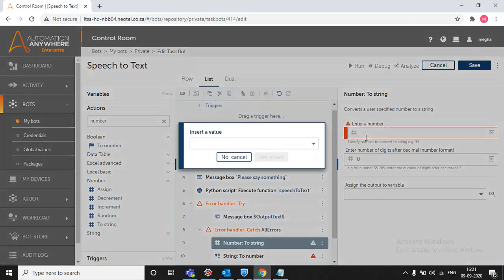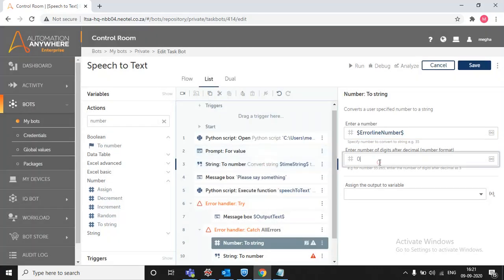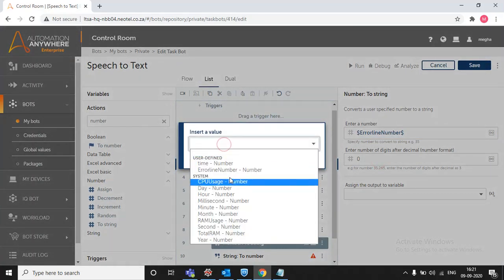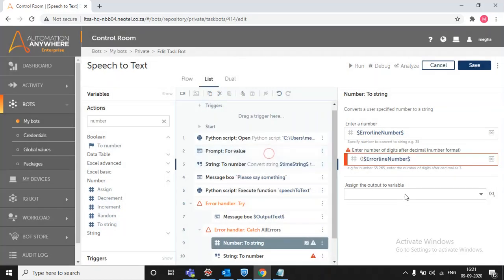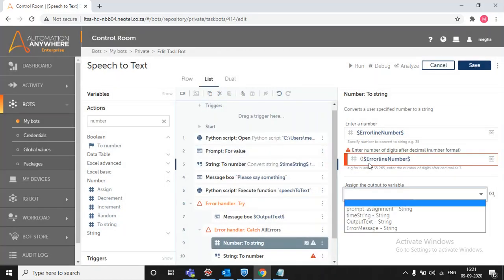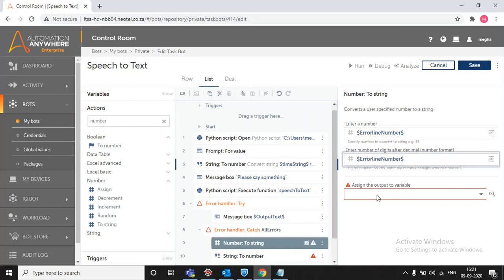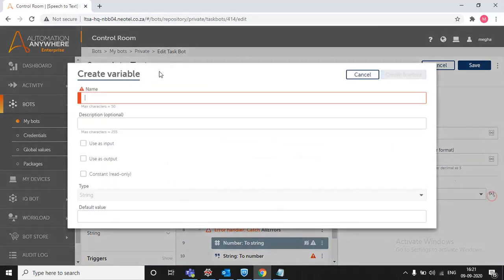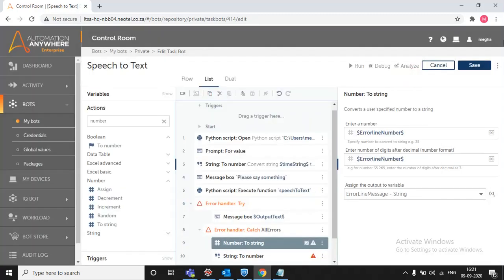Enter the number, that is my variable error line number, and assign the value to error message string. You can create another variable as error line message, then save.